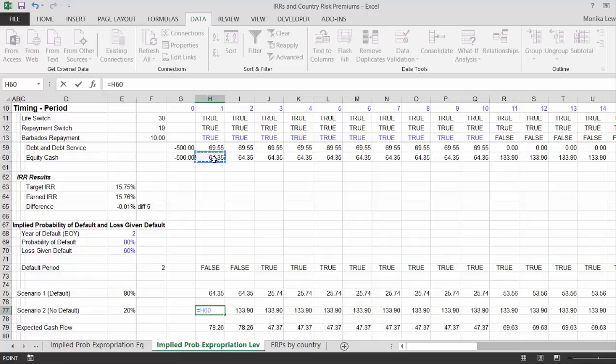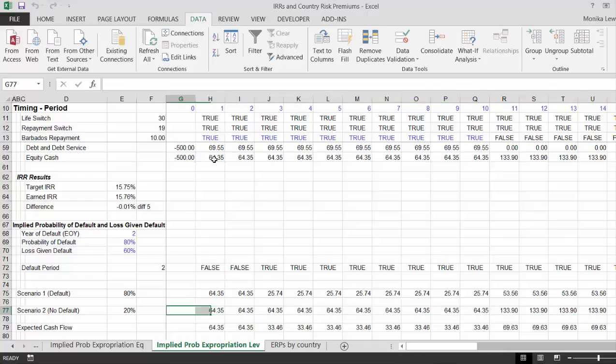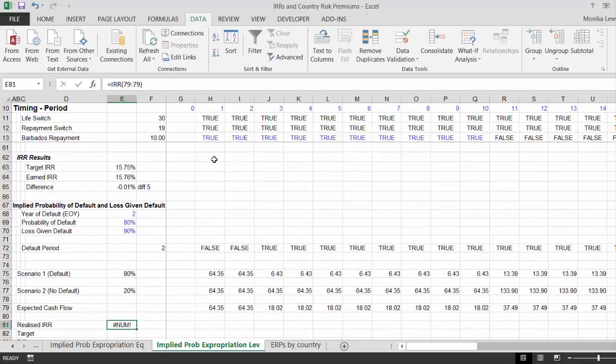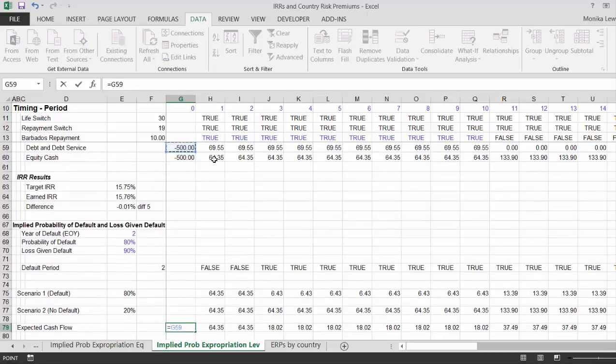I guess the probability and the loss given default is not like debt, it's how much you get from the equity. So it might be very fair on this one to have a much higher loss given default. So I'm not going to deny that. So let's make the loss given default 80%. So we only get 10% of our equity back. Maybe we don't need to get that. And then we'll put an equal sign and find our